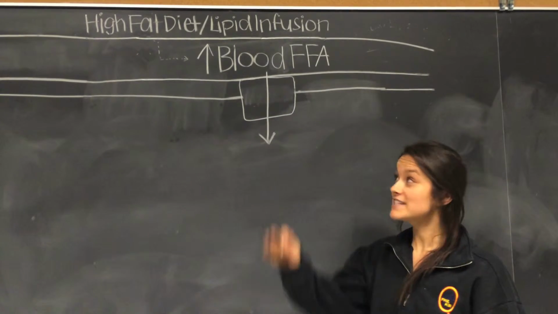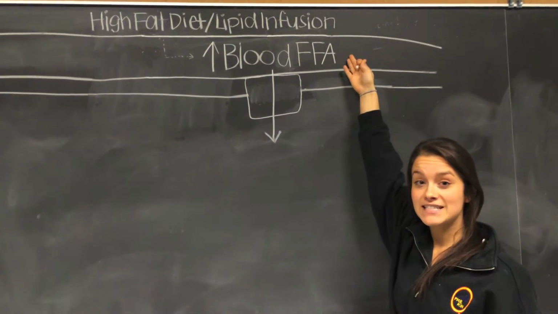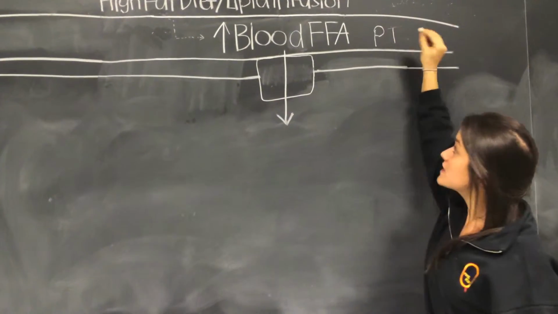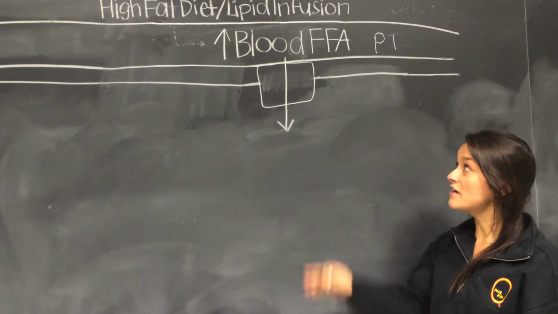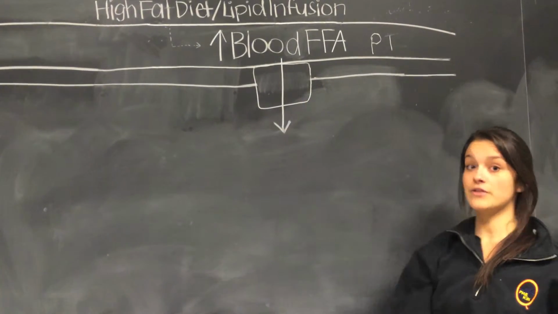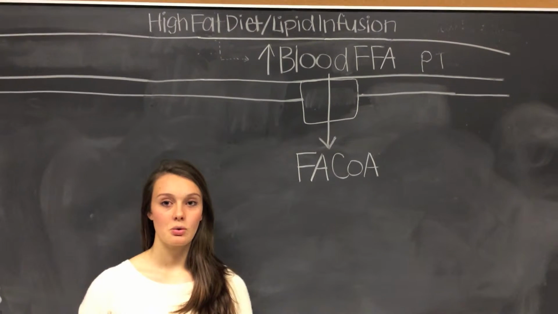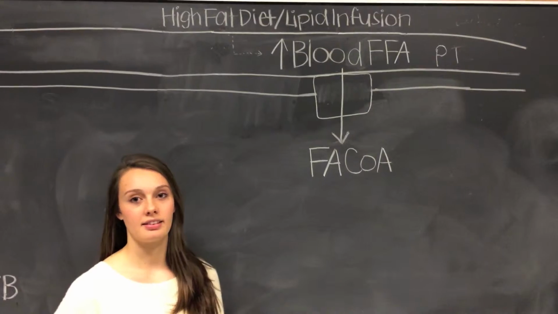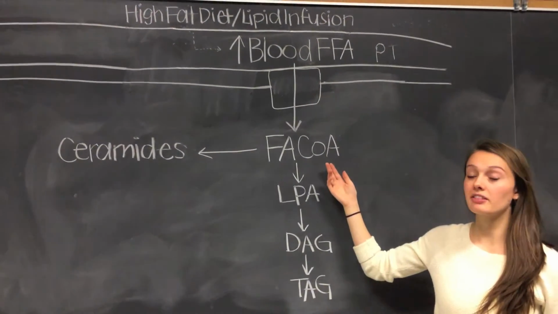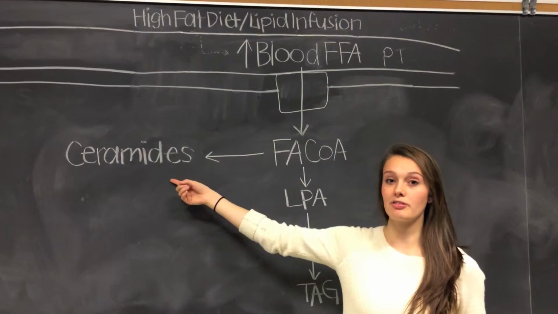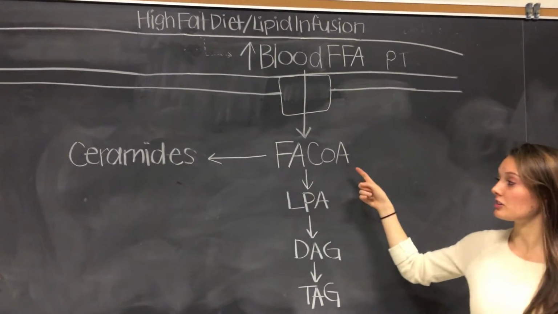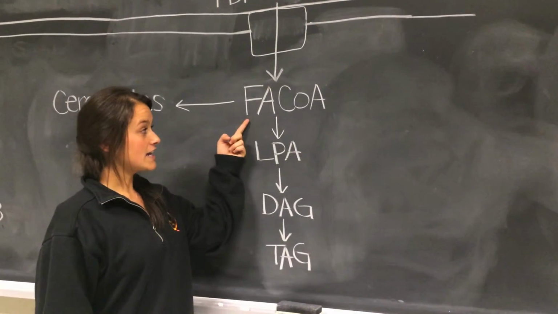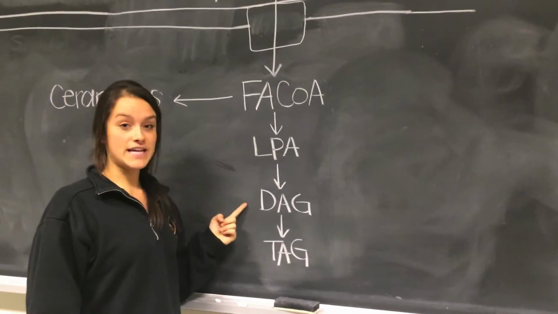We know that with a high-fat diet comes an increase in blood free fatty acids. This increase in free fatty acids is our P1 and creates a greater concentration gradient for inflow of blood free fatty acids into our skeletal muscle through membrane transporters. Once inside the muscle, free fatty acids are converted into fatty acyl-CoA. From here, fatty acyl-CoA can be converted either into ceramides, which is one type of reactive lipid species, or can undergo reesterification. The process of reesterification takes fatty acyl-CoA to LPA, then to DAGs, which is another reactive lipid species,